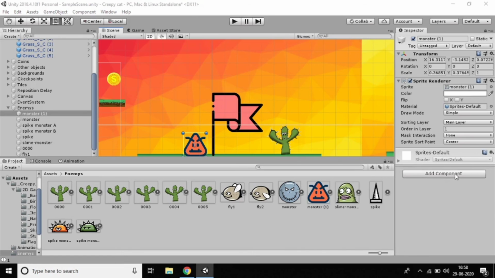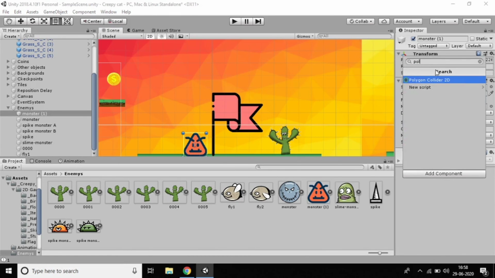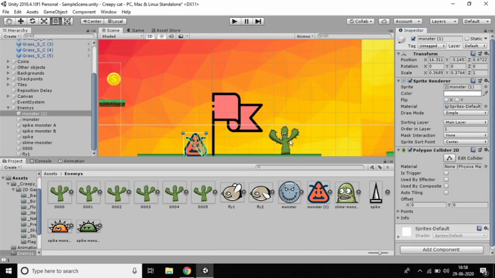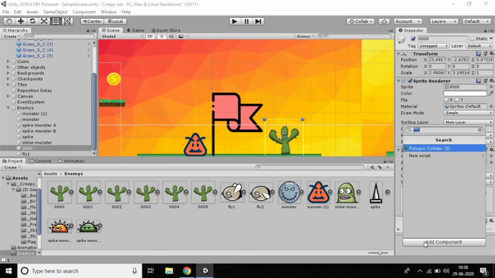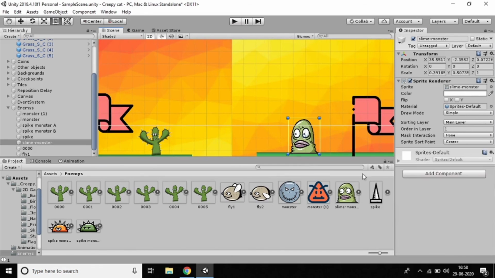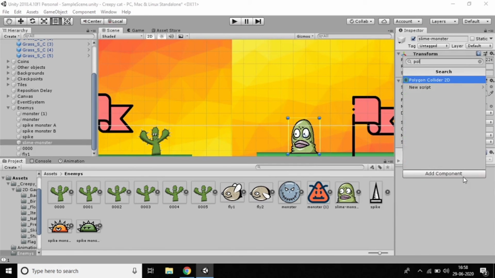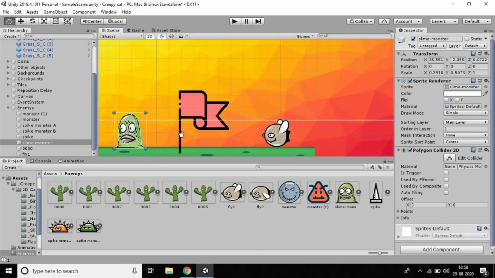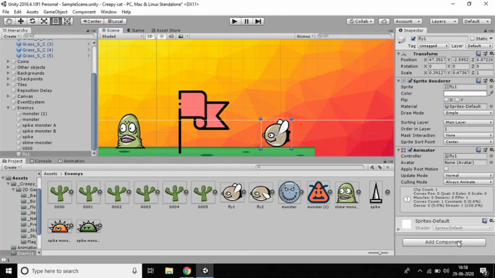So this one also gets a polygon collider. If you add a box collider also, it's not a problem. And this one also a polygon collider, the cactus, and this one also a polygon collider, and this bird is also a polygon collider.